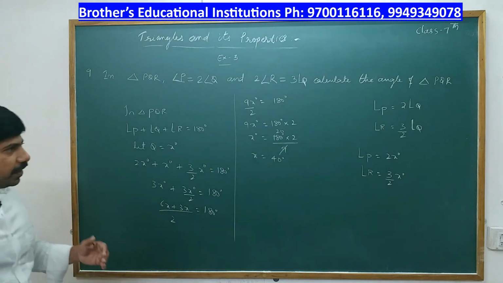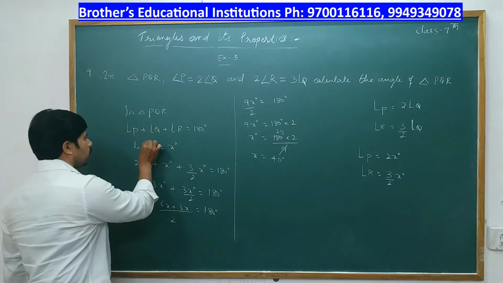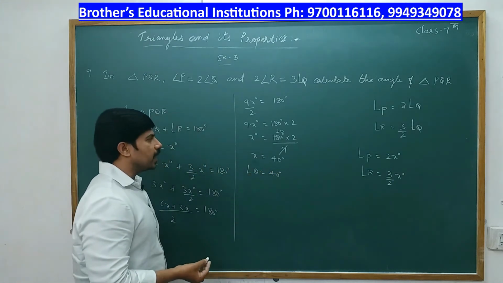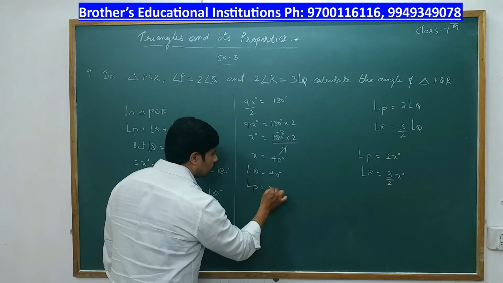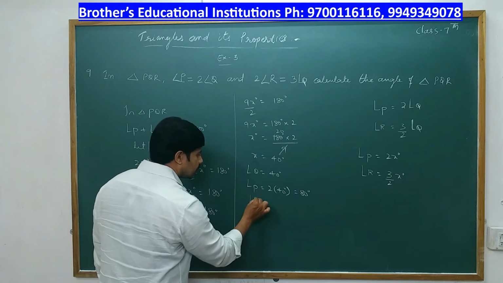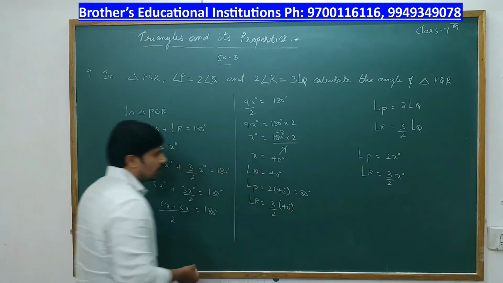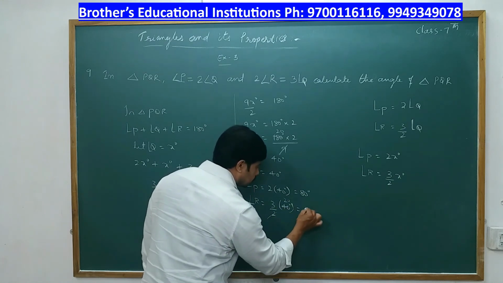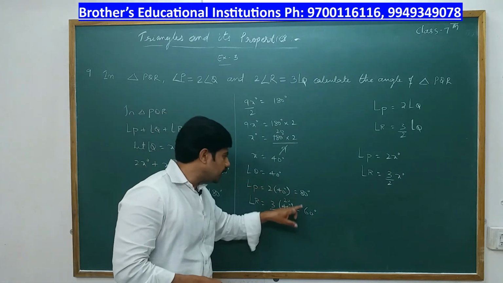So after getting x, we need to substitute back. X is equal to 40. But what is x? X is nothing but angle Q. Right? So angle Q is equal to 40 degrees. Then what is angle P? Angle P is 2x. So we substitute that. Angle P is equal to 2x, that is 2 into 40, that is 80 degrees. Then what is angle R? Angle R will be 3 by 2 times angle x, that is x is 40 degrees. So 2 ones are 2, 2 twenties are 40, we can cancel. So 20 into 3 will become 60 degrees. So therefore what are the angles? 40, 80 and 60 degrees.